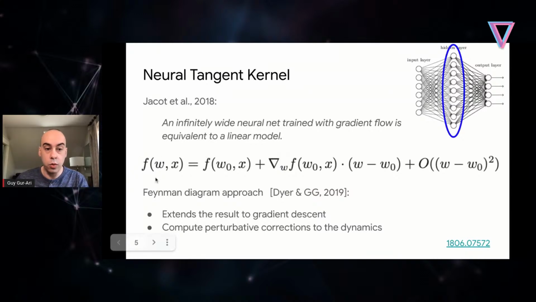But essentially what happens is, let's say we take our network function f. So f is the network function, w are the weights, and x is the input. What we can do is a Taylor expansion around the weights at initialization. So W naught here are the weights at initialization, and we make a Taylor expansion. We have the first term, which is just the network value at initialization. Then we have the first gradient term, and then we have higher order terms.